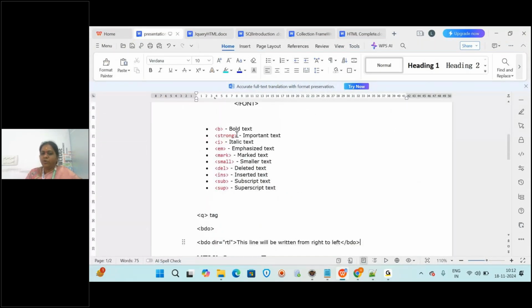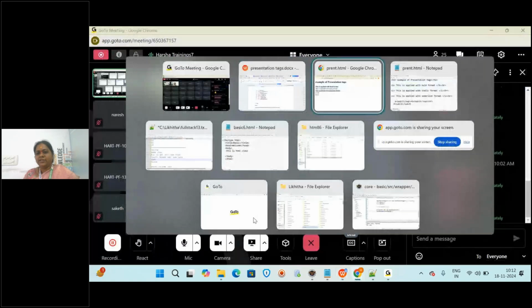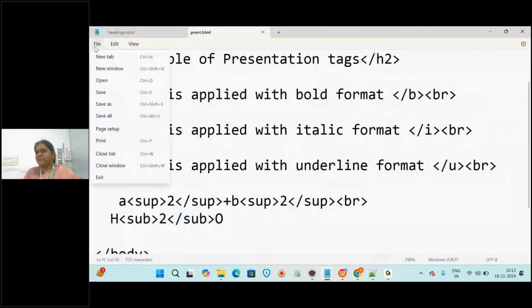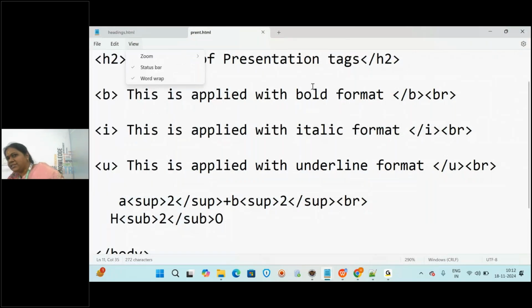We have seen bold, italic, and now I will tell about some more presentation tags like mark, small, delete, insert. There are few more tags, so I'm going to show you. But for this, I will create one more file, because everything in the same file may be confusing for you. You understood this, right? All who are sitting this side. Is it visible, ma'am? Am I audible to you?